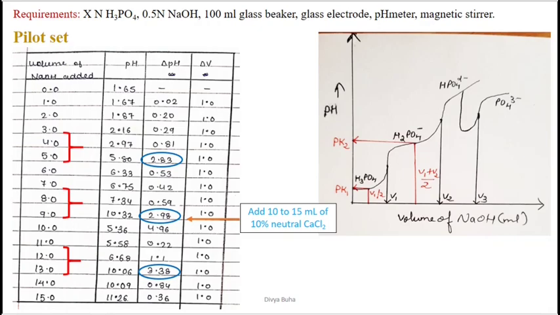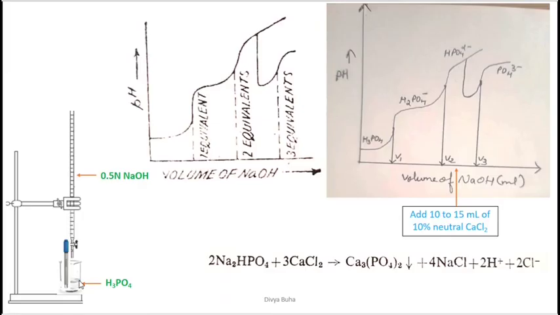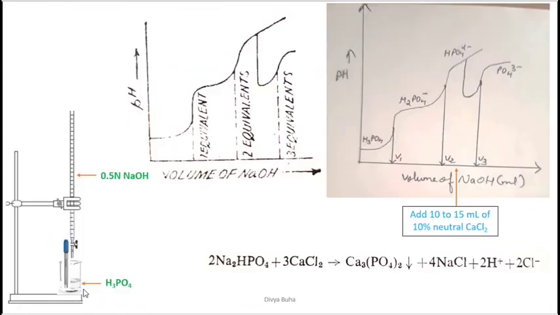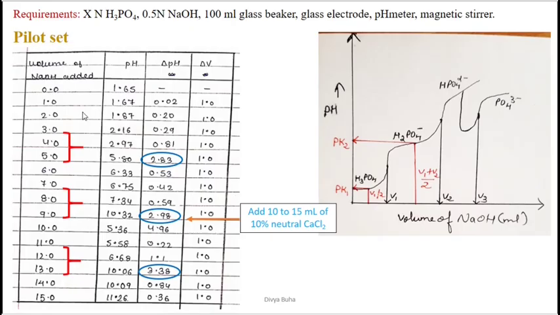In that, suppose say I have taken 50 ml of 0.05 normal H3PO4. Okay, 0.05 normal, you have to find out the normality, but over here I am telling you that the X normal H3PO4 is 0.05 normal H3PO4 which you have taken in a beaker. You can take 50 ml of 0.05 normal H3PO4 in a beaker, right? So before the addition of the NaOH, find out the pH value, and as I told you, it would be around 1.6 to 1.7. So over here it is 1.65.